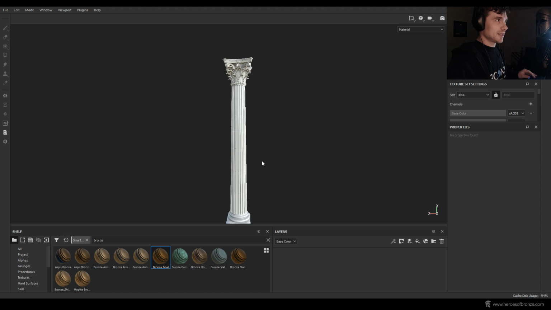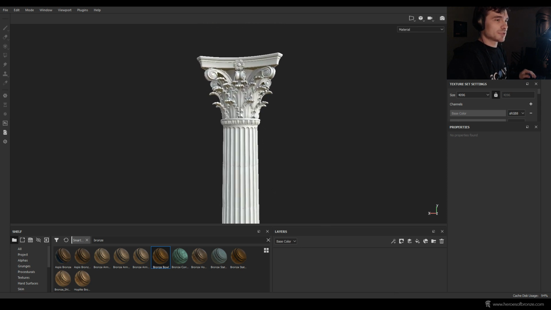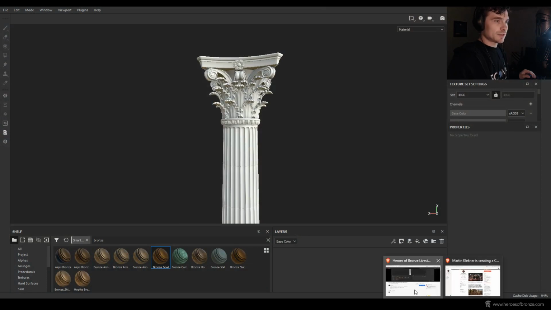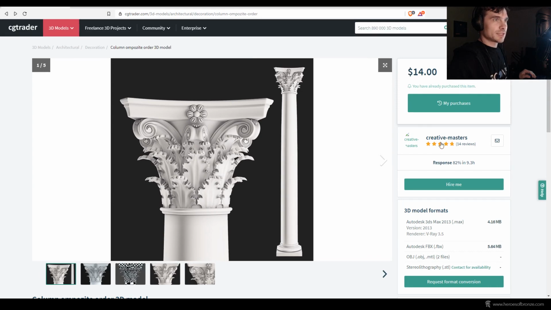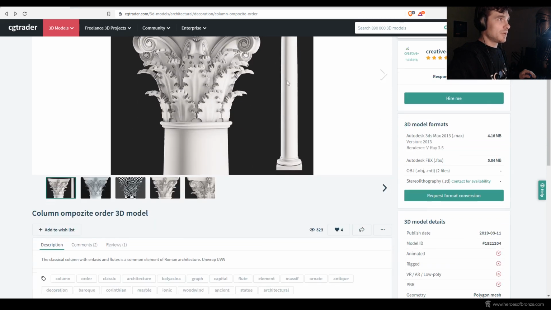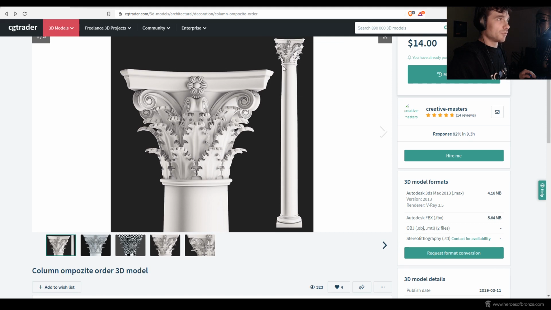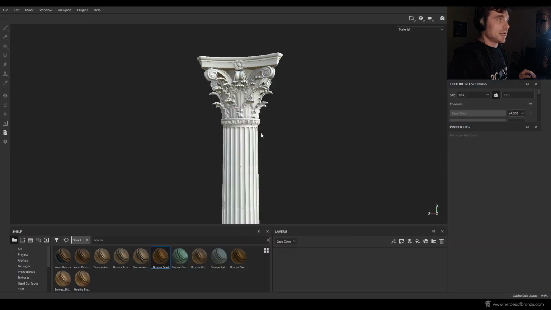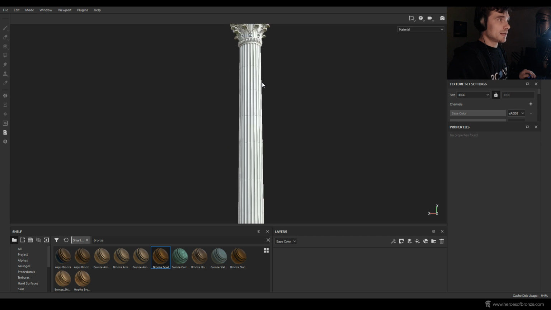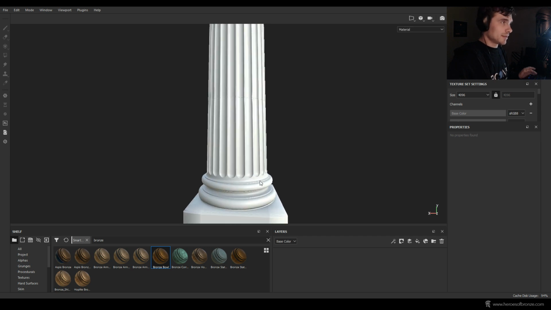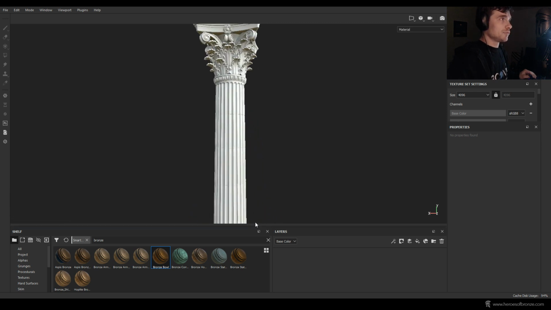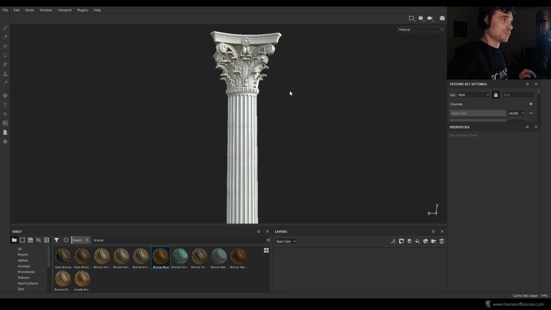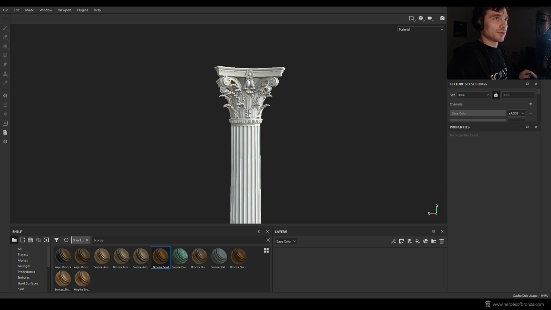And let's have a look at this. The top part of this model was downloaded from CG Trader. Let me find the model where I got it from. It's here, by Creative Masters on CG Trader. I really loved this top of the column, but of course the body of the column wasn't really ideal, because I wanted to have these sorts of rims along it. That's why I finished it myself. I basically changed the base model and created UVs for it. So I kind of put together two models,